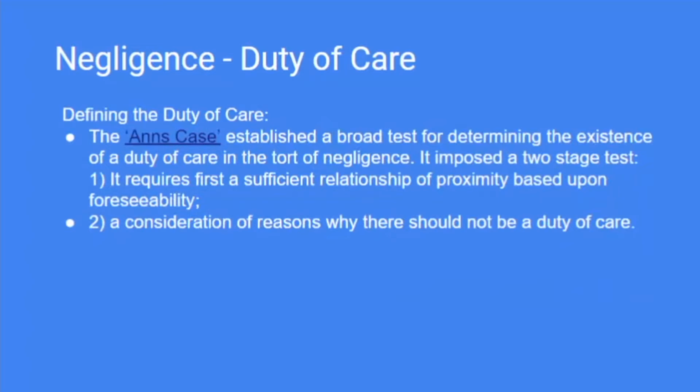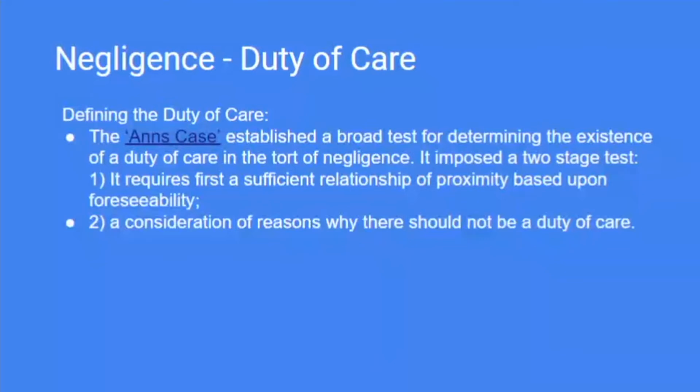There was a famous case in England. We talked about Donoghue versus Stevenson the other day. That was the snail in the ginger beer. There was another famous case that came out of England many, many years ago called the Anns case, and it really establishes a test for determining the existence of a duty of care. As I said, that test is really a two-part test, and that is sufficient relationship of proximity based on foreseeableness. You know, I'm driving down the street, I see there's gardens and people,